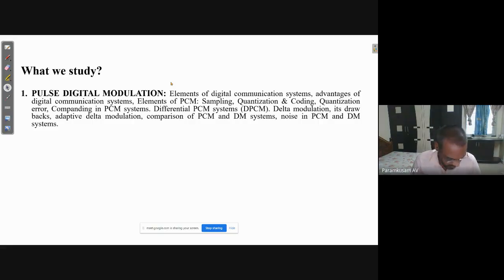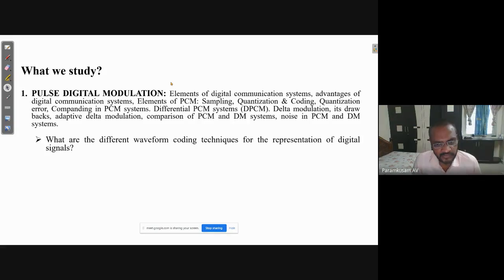Now I will brief what you will learn in the first unit. What will you learn in the first unit? What are the different waveform coding techniques for the representation of digital signals? Until now we have learned what a digital signal is. You have an idea about digital signals. To represent those digital signals, what are the different waveform coding techniques?